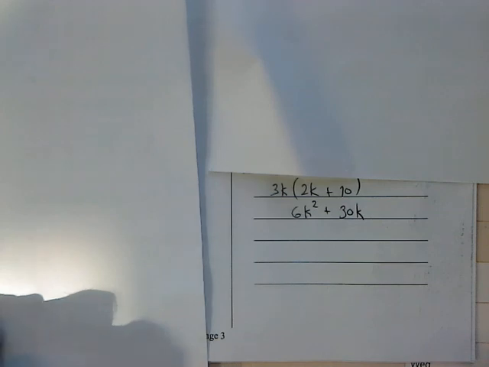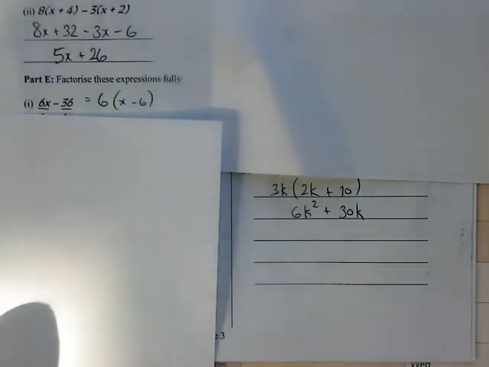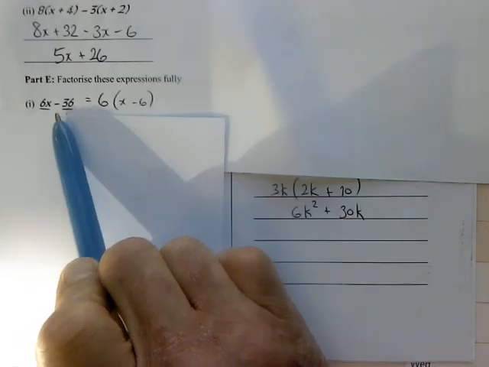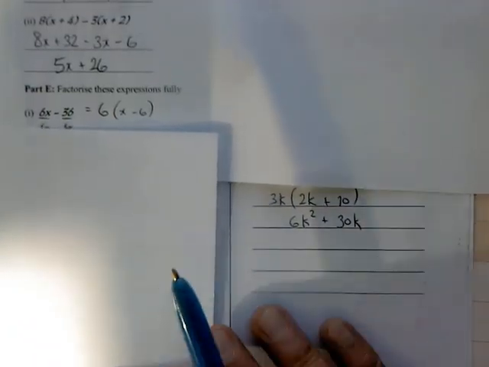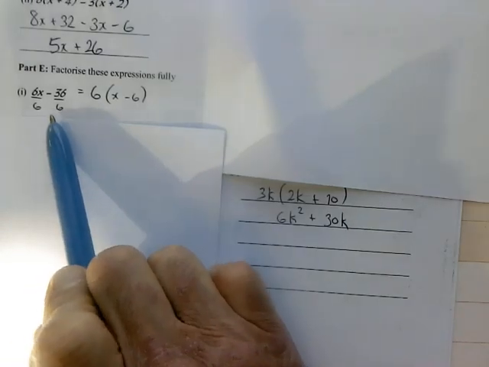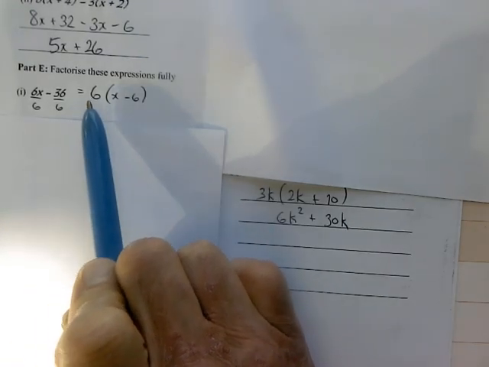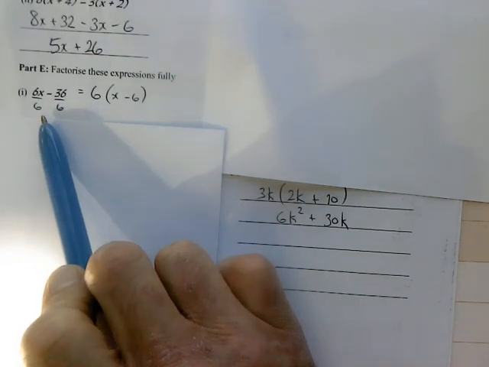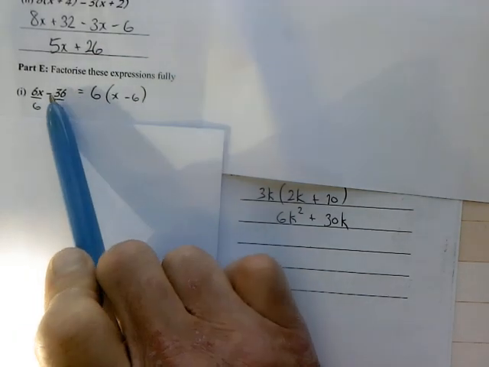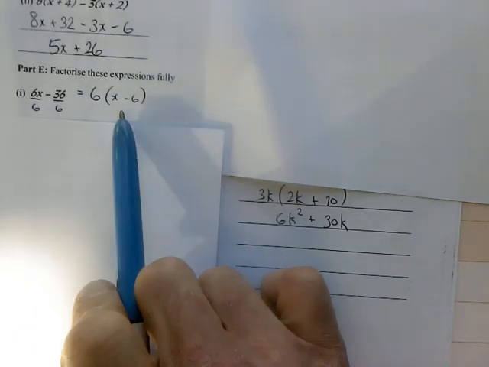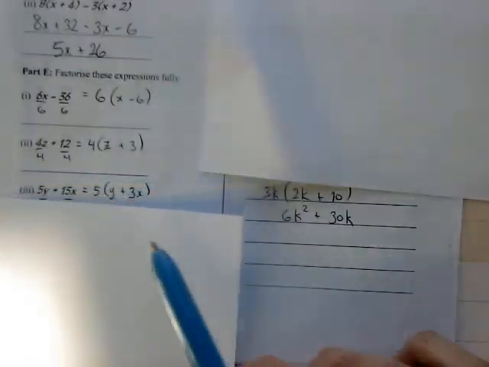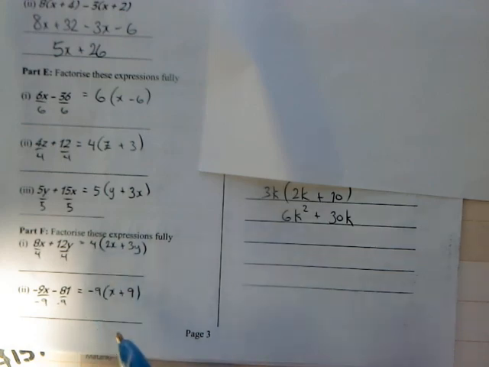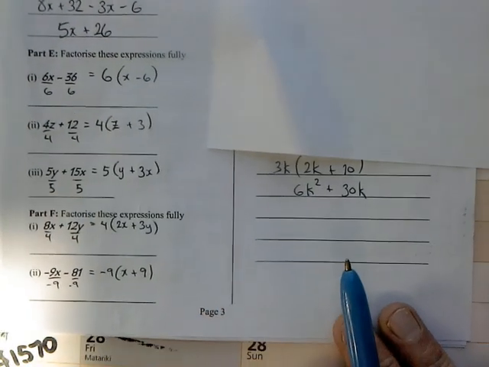When you're factorizing, you are looking to find the biggest common factor. Between 6x and negative 36, 6 is the biggest common factor. So we take each one of those terms and divide by the biggest common factor. 6x divided by 6 is 1x, and negative 36 divided by 6 gives us negative 6. You can see for the rest of these, I've taken out the biggest common factor and simplified,